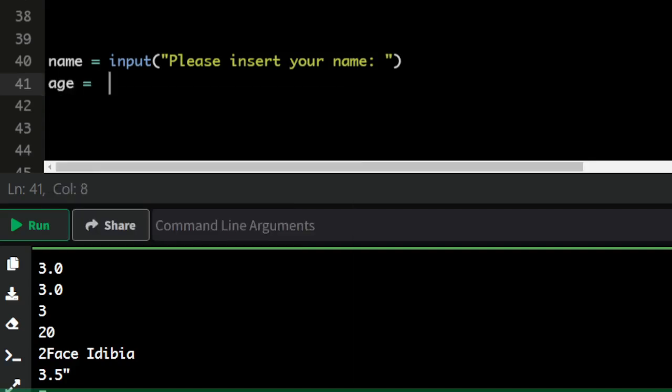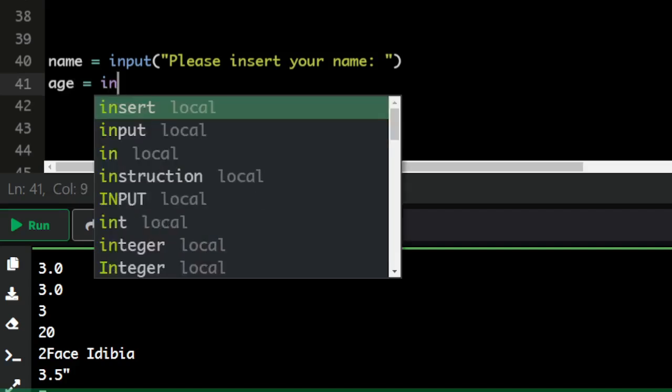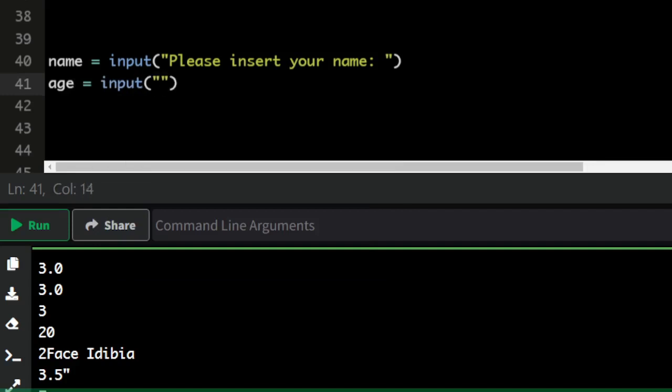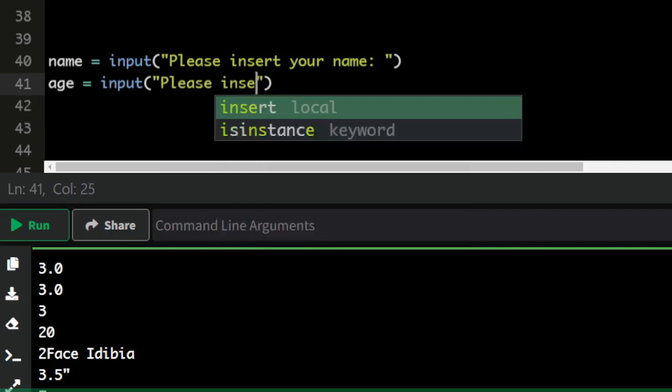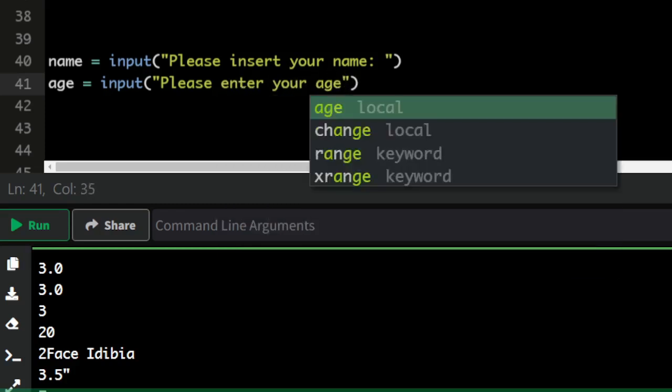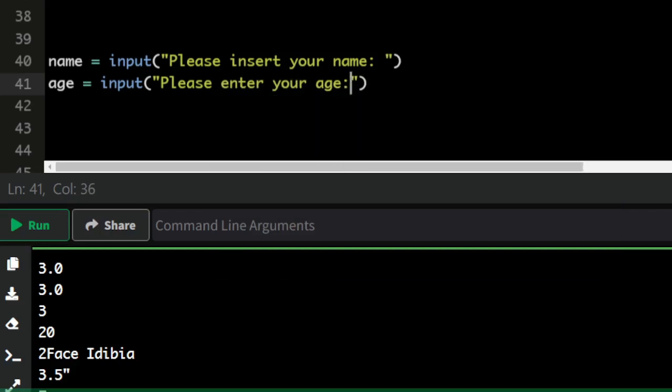Age is equal to input, please enter your age, and then